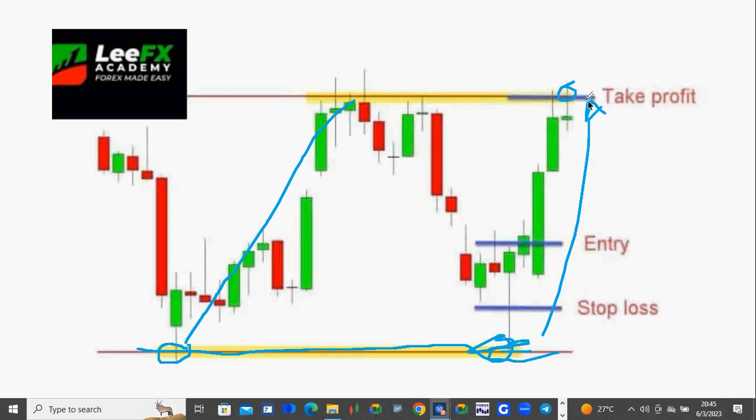So that once the market begins to come back, it will hit your take profit, then you are out from the market. Or once it just reaches the take profit, on the resistance, before it comes back, it hits, then you make profit. Now, always make sure that when you are putting your